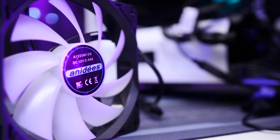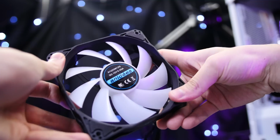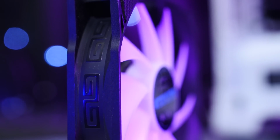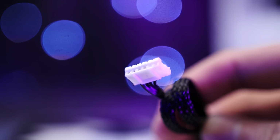Moving on again, we've got the Anidees AI Prismatic fans at just about $40 for a triple pack. Construction here is also fairly good, with little flex under reasonable pressure. We've got fan blades in white, wrapped in a black frame, sporting rubber dampeners, and a strange sort of paperclip pattern. Attached to that, we see a braided cable terminating in a proprietary 6-pin header, but only 4 of the